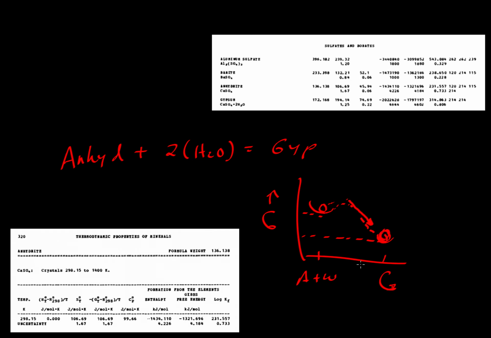But if the Gibbs free energy difference is very small, if the Gibbs free energy is very close to one another, so let's say, we draw it so these are almost the same in terms of the levels of their energy wells, then it might be easy to go back and forth. Maybe adding a little bit of salt to the water or changing the temperature a little bit might raise the Gibbs free energy of gypsum relative to anhydrite plus water. And we might be able to sometimes go one way and then sometimes go the other. And if that were the case, that might explain why we might find either gypsum or anhydrite in various sedimentary